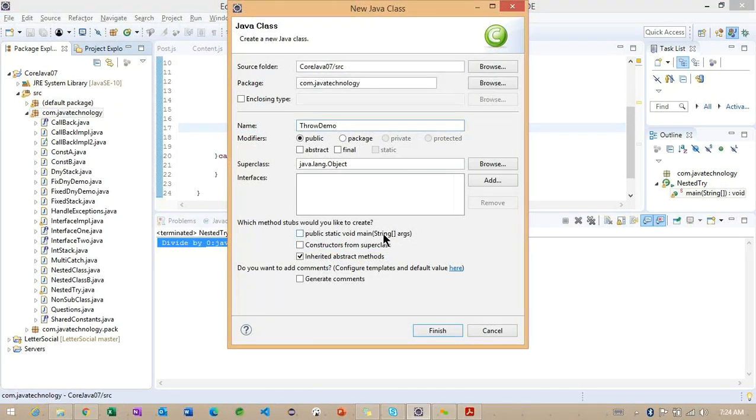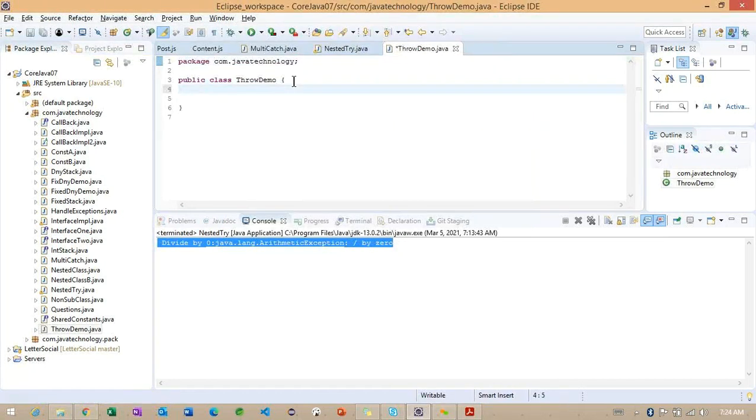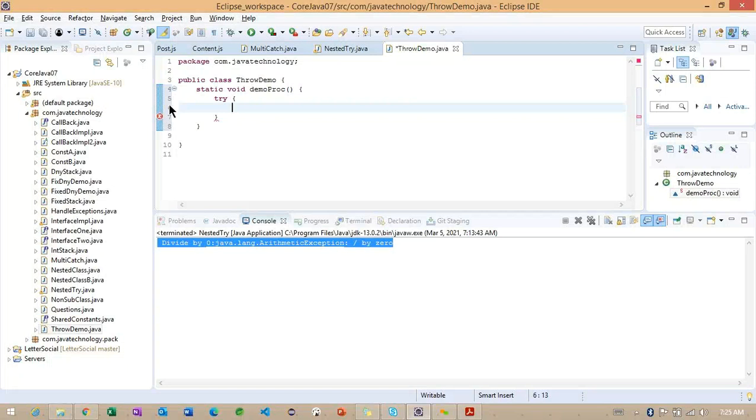Inside this throw demo, I want to create one static method called demoProc, and inside that I'm creating a try block. If you're not creating the try block, and I'm going to throw some new NullPointerException.